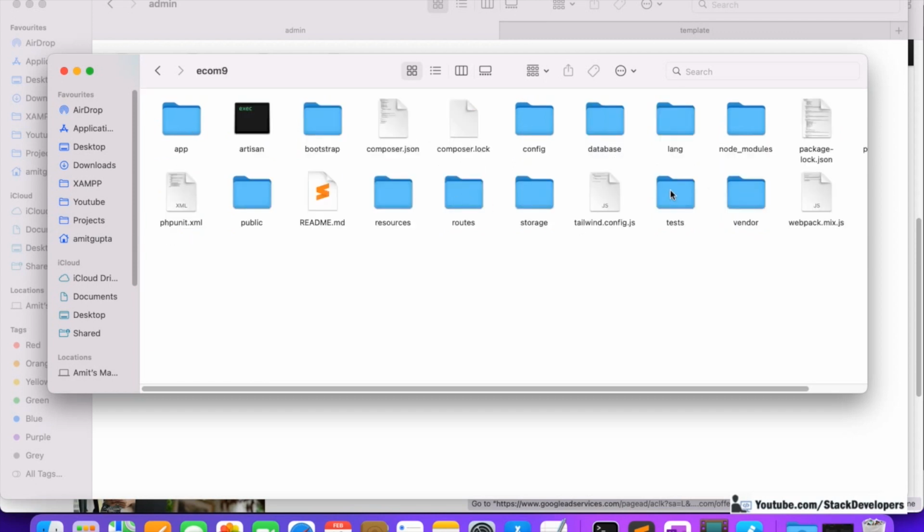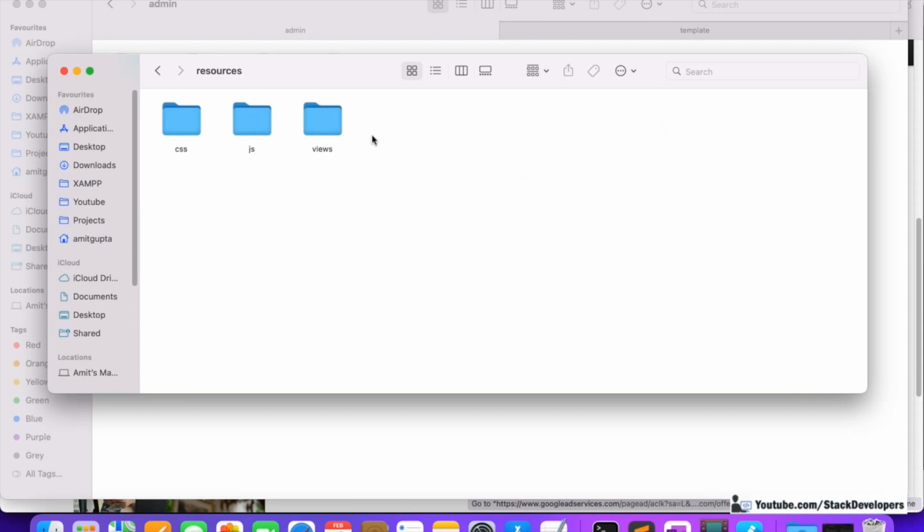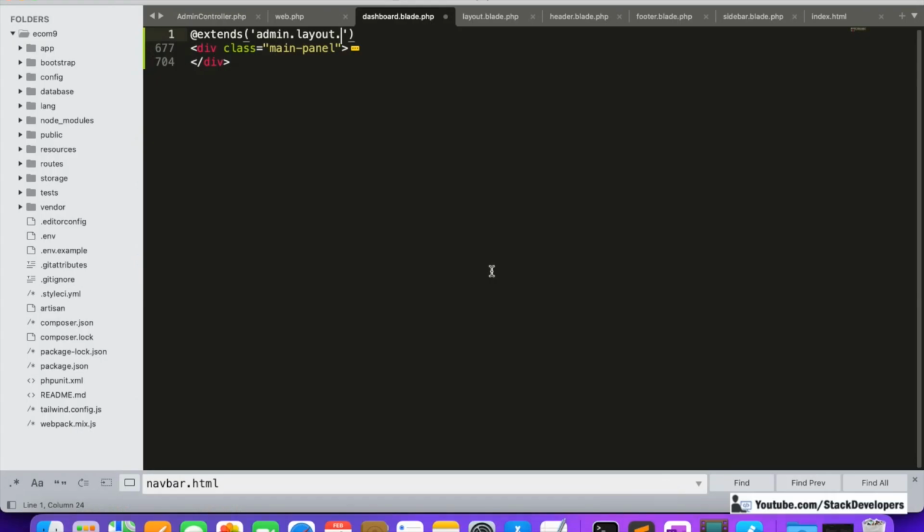Okay, ecom, then resources, views, admin, then layout. Fine. Inside layout, admin, layout, then inside layout there is one file, layout.blade.php, that is having a header, footer and everything. So we are going to close this one